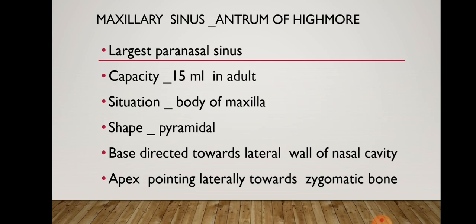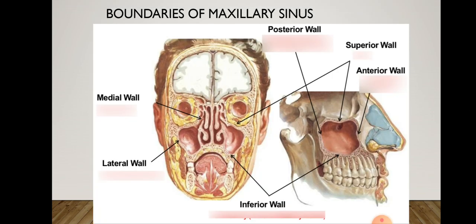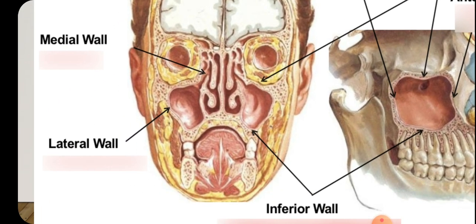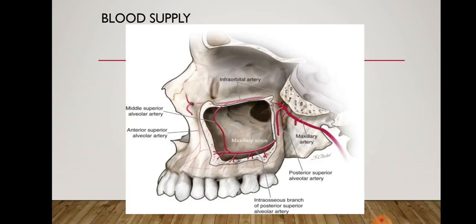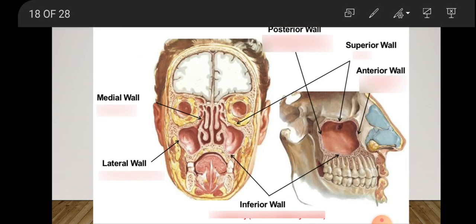Its capacity is about 15 ml in adults. It is situated in the body of the maxilla, and it is pyramidal in shape with the base directed towards the lateral wall of the nasal cavity and the apex pointing towards the zygomatic bone. So in this picture, it is roughly pyramidal in shape. This is the apex which is directed towards the zygoma, and this is the base of this